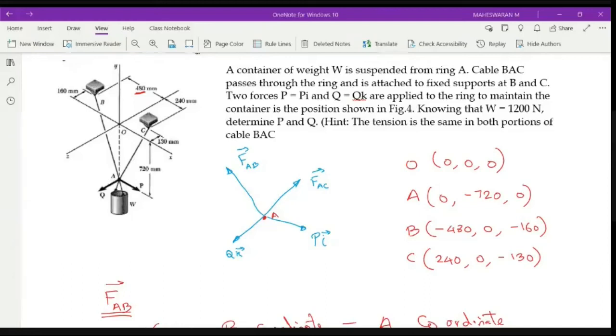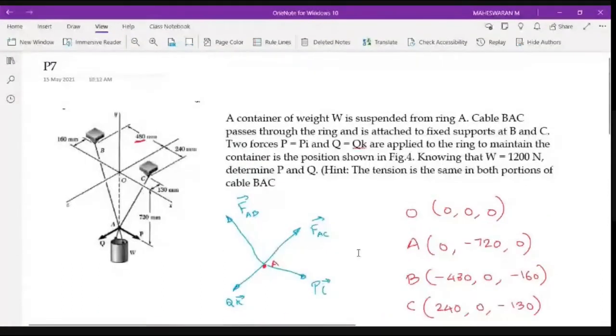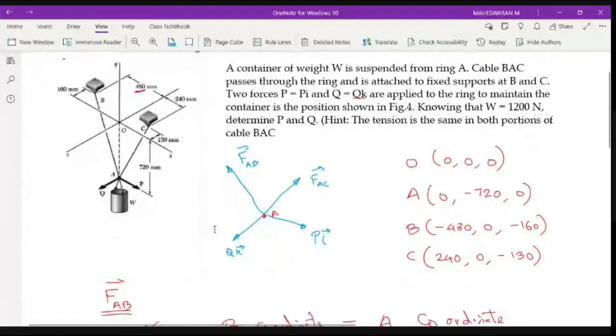Okay, I think last class we stopped here in this problem. So we are discussing how to identify the forces, right? So what is the force in P and Q? That is what the question is. So first, you have a container. First, you identified what are the forces applicable for this. Identify what your reaction forces are with respect to that.